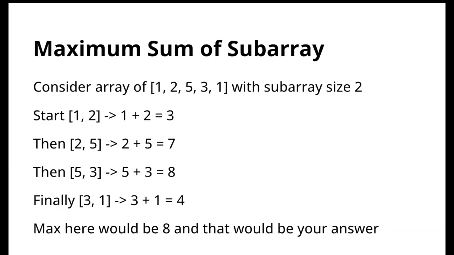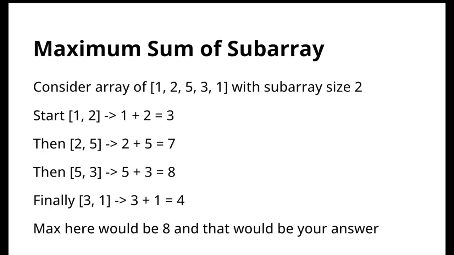Here is another example. So let's say we have an array of 1, 2, 5, 3, and 1, and you want to find the maximum sum of a subarray with size 2. A subarray is basically just 2 consecutive numbers, like a smaller array. So here you would start with 1 and 2, and that equals 3. And then you slide the window over to 2 and 5. So it'll be the first and second element. So you start at the 0 and the first element, and then you slide it over to the first and